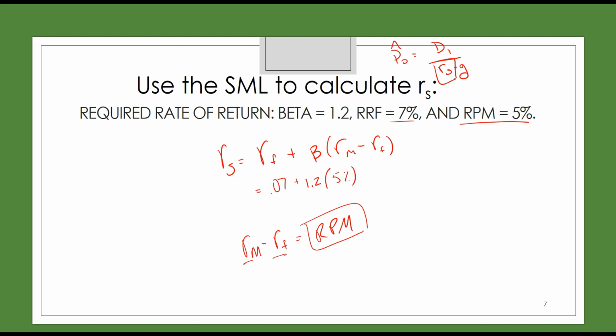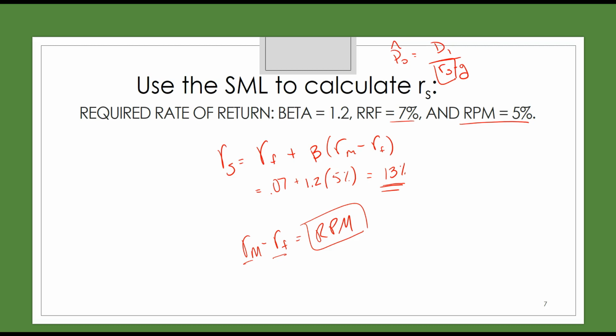For that, you might approximate the market return as the S&P 500 or the S&P 1500. It's just an approximation. So 7% plus 1.2 times 5% gives us a 13% required rate of return. And that is what we use to discount our